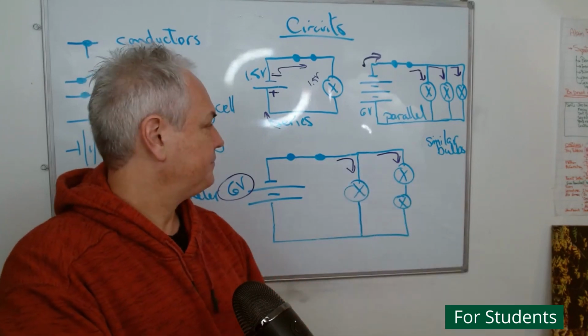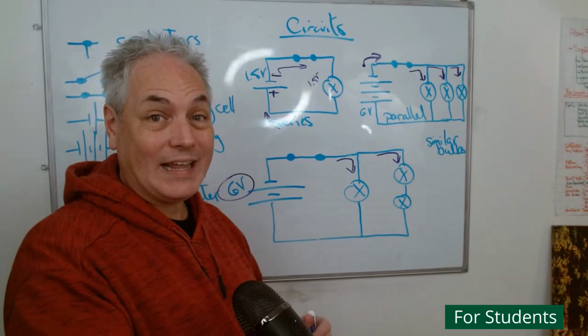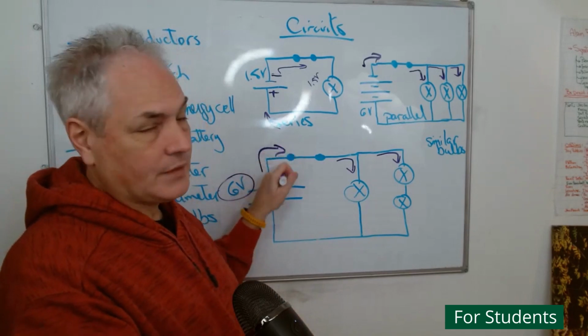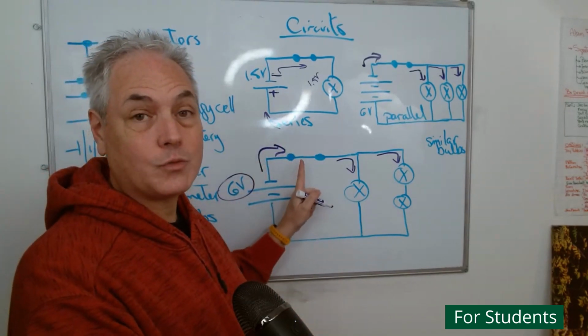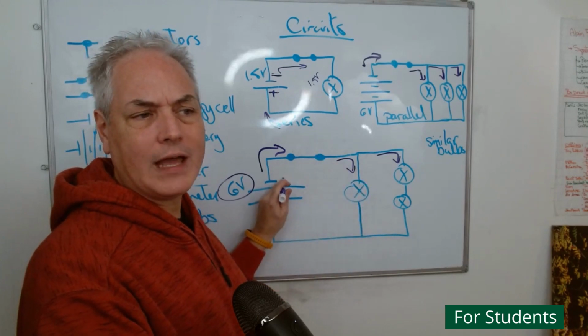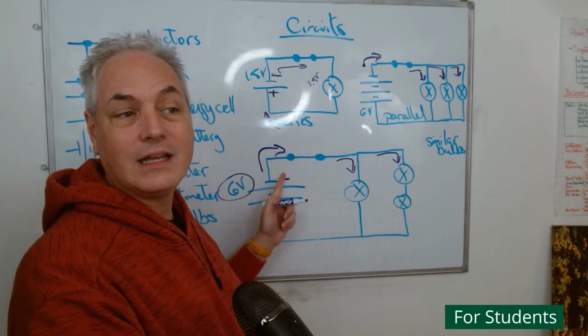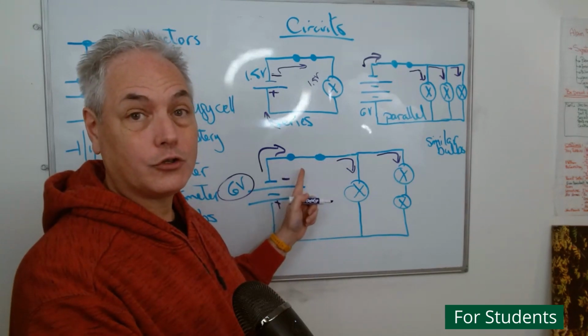So let's see what we've got. First of all, if you have a circuit, we know that we have electrons that are moving. They are moving because the switch is closed here. You're going to say, why is it moving this way? If you have a negative end of your source and a positive end, as soon as you close your switch,